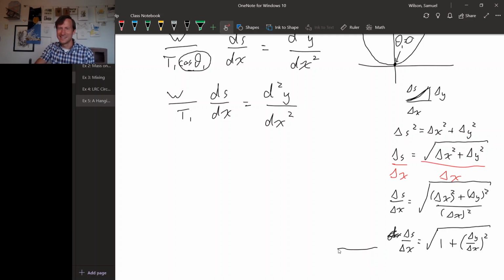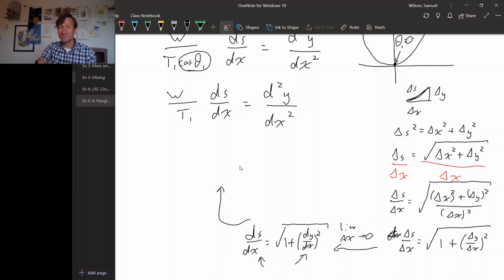And then finally, when we take the limit as delta x goes to 0, all of these deltas essentially turn into d's. We get derivatives instead. So ds dx is equal to the square root of 1 plus dy dx squared. So that's the relationship between ds dx and dy dx. And we can put that into our differential equation up there. So we get w over t1 times the square root of 1 plus dy